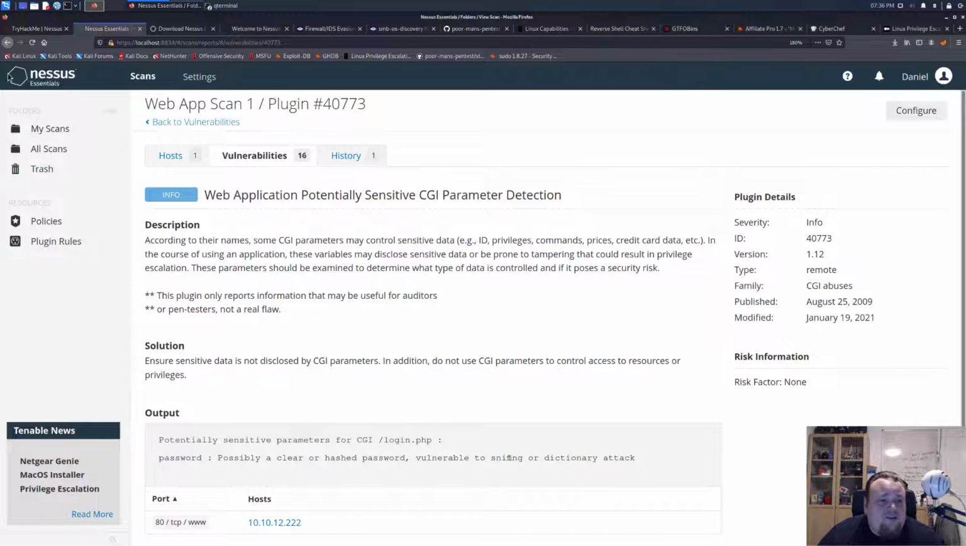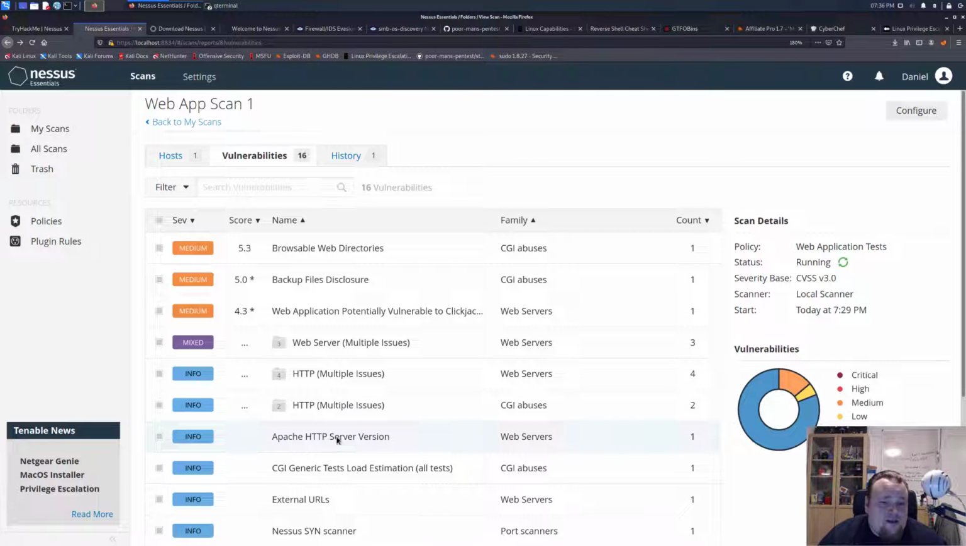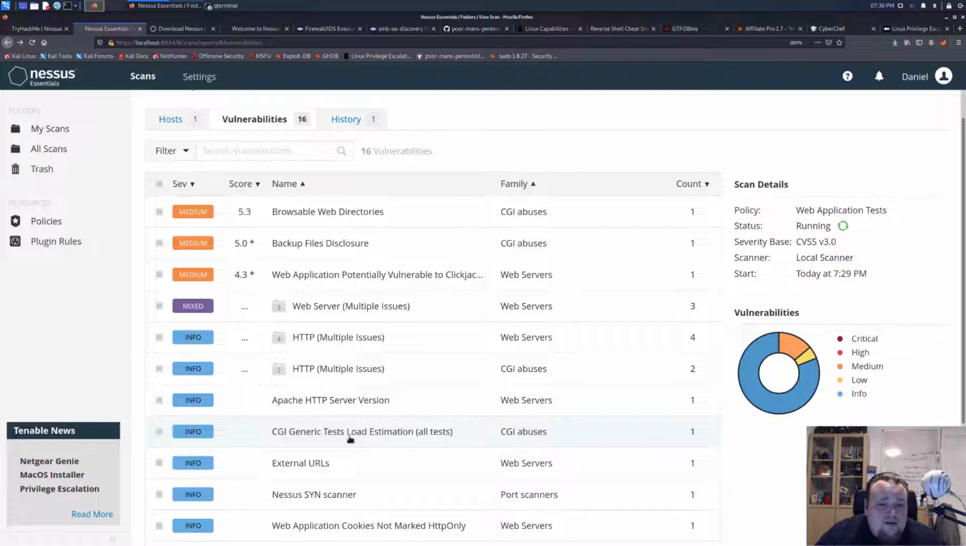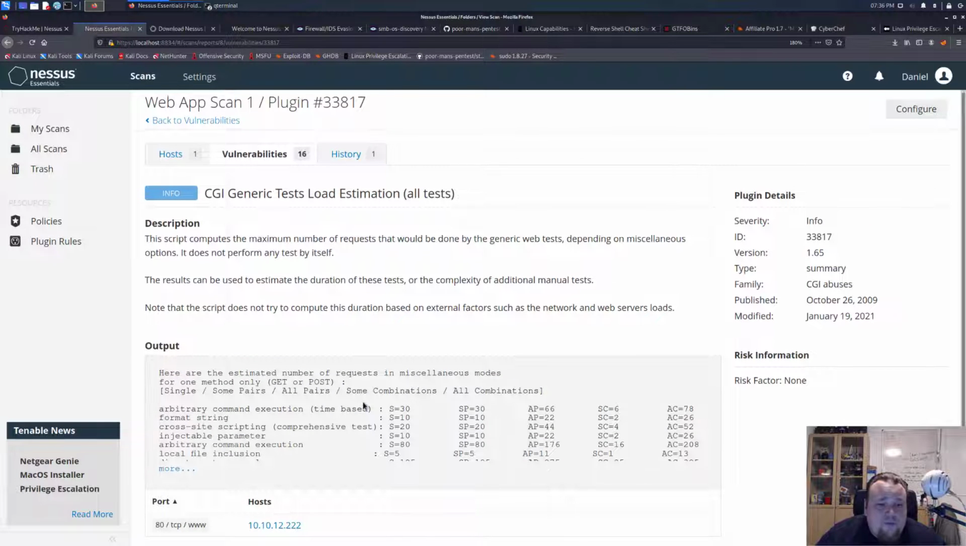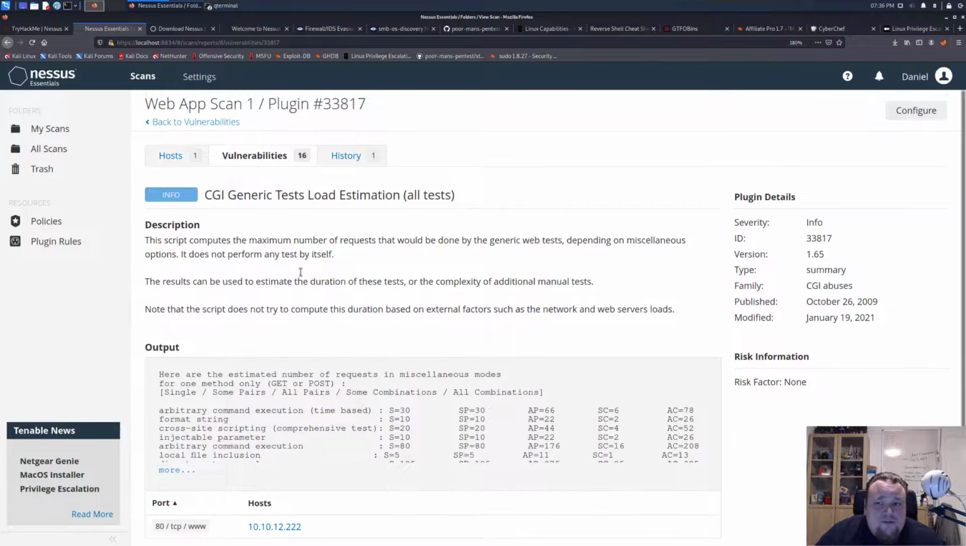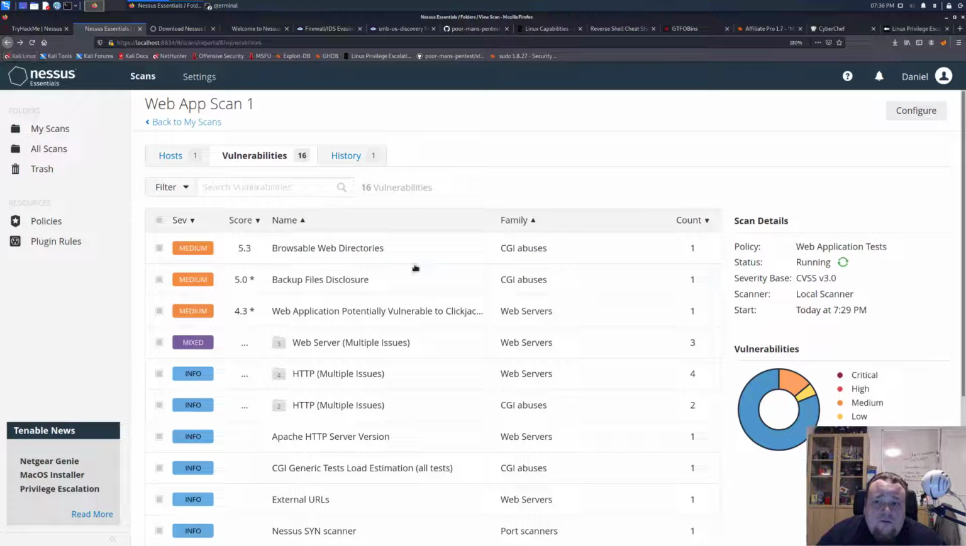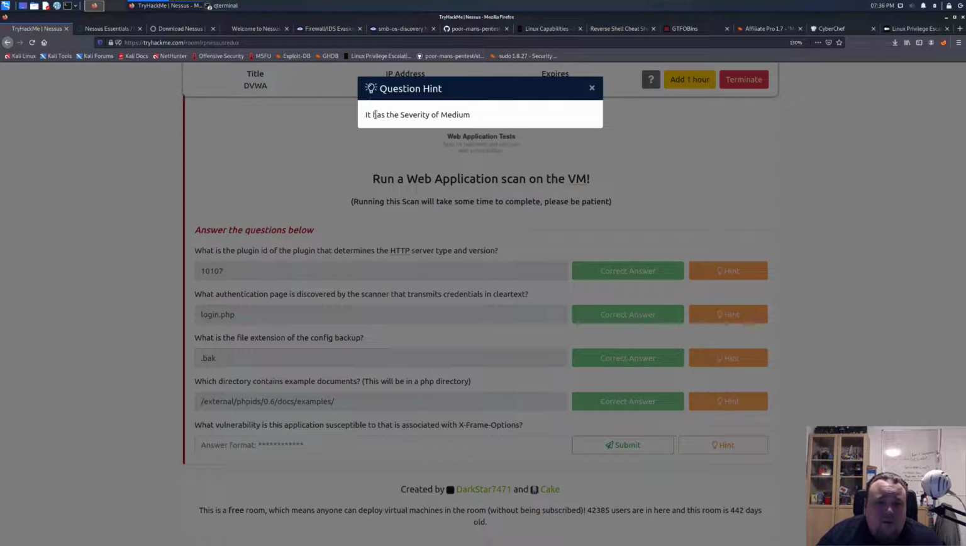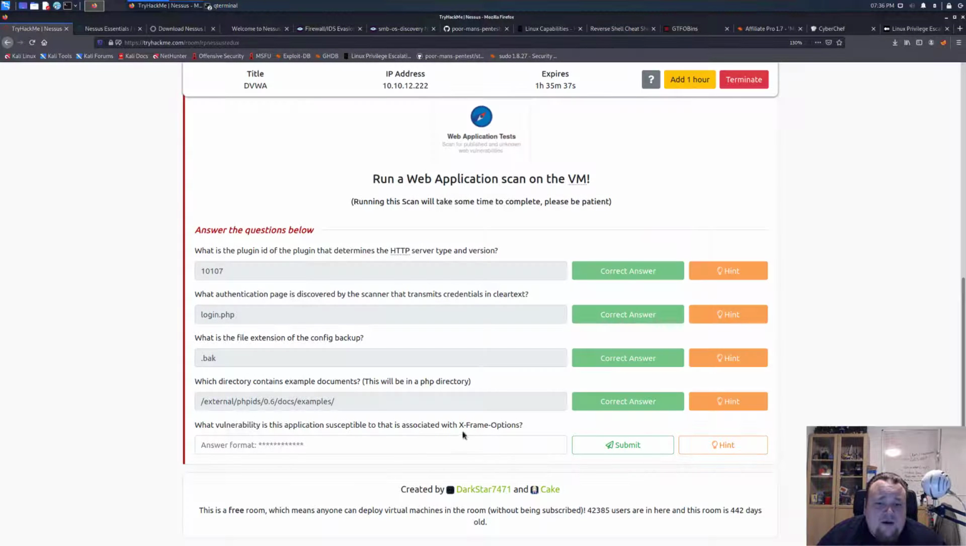Yeah, I'm basically just browsing right now, enjoying my time, not really gonna wait for it to complete. And I just figured out we can, all of this is really good. So let's go ahead, it's still running. So we have the last answer. What vulnerability is the application susceptible to in association with the X-Frame-Options? It has a severity medium. X-Frame-Options. So